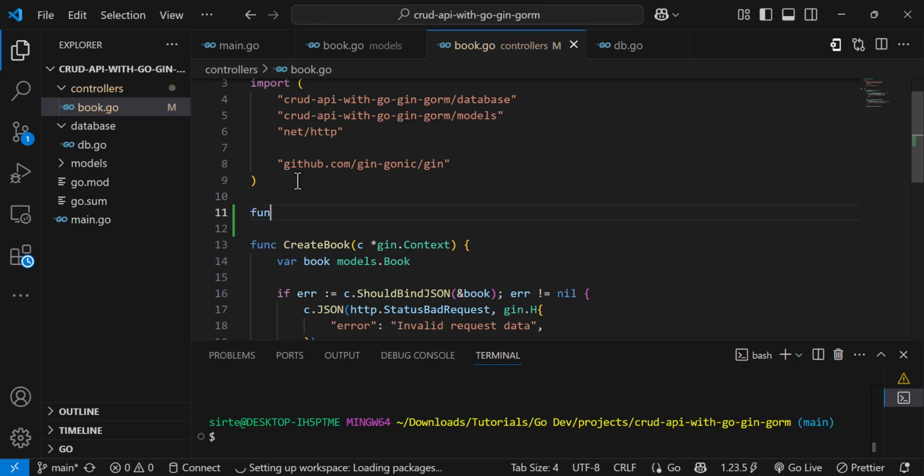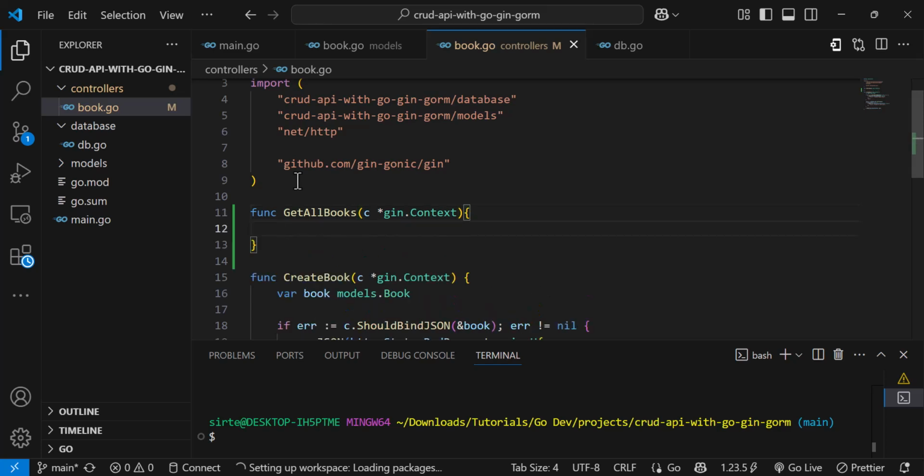So let's create another function called get all books. And as well, we are going to use the Gin context. So we use our C representation. Good. Then we will do our Gin context as well. We bring it in as our parameter. Good. Then inside our method, we are going to first of all handle